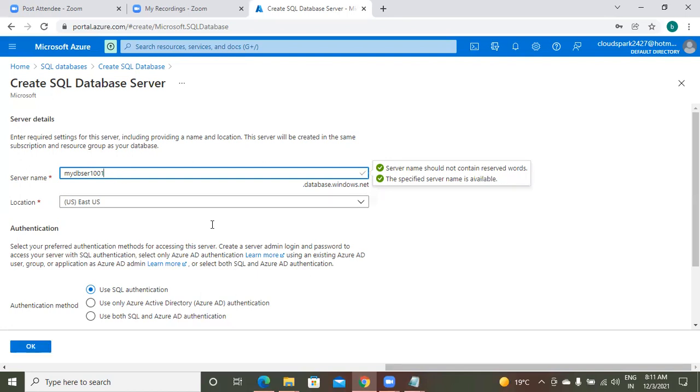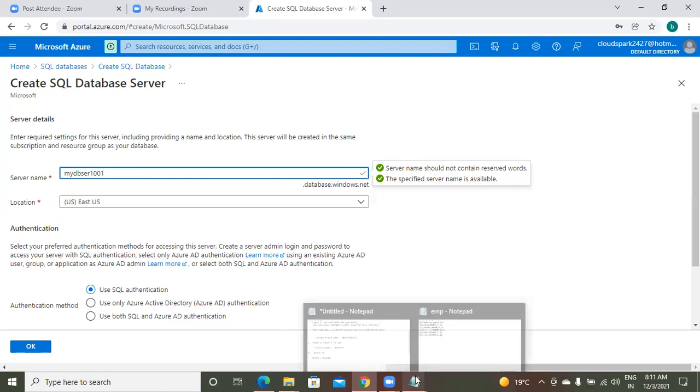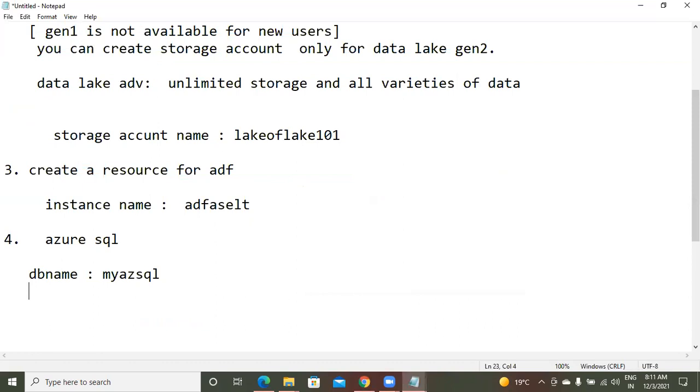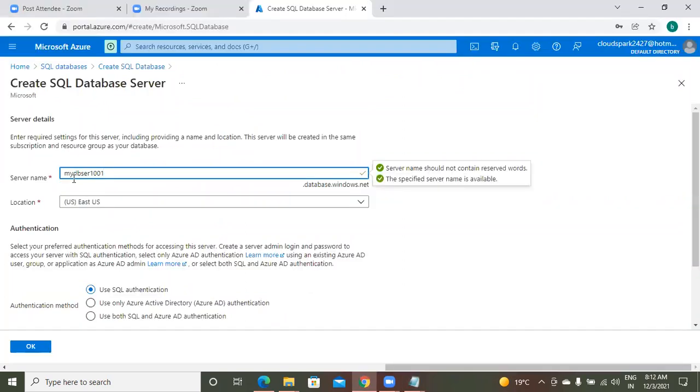It is accepted. The server name I have given here, MyDB SER 1001. And the region we have already selected.